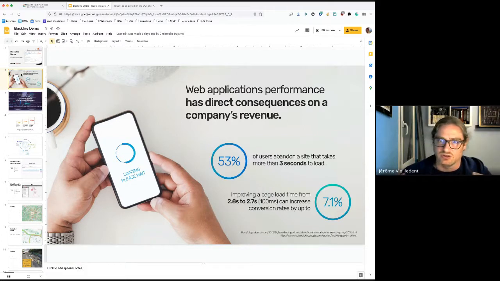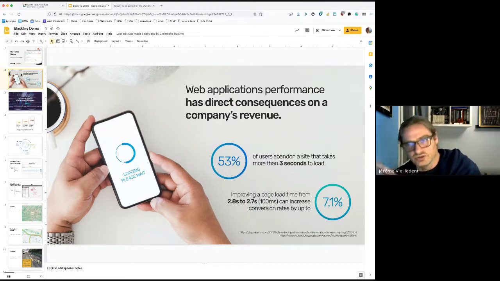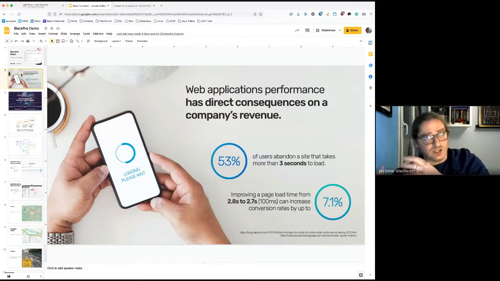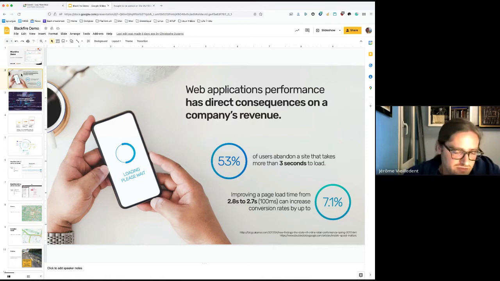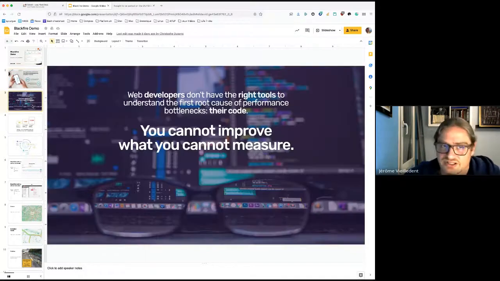It goes when you reduce the time by 100 milliseconds, and also the opposite. So you lose 7% on average when you increase the load time. So yeah, that's the state of it. Now what?